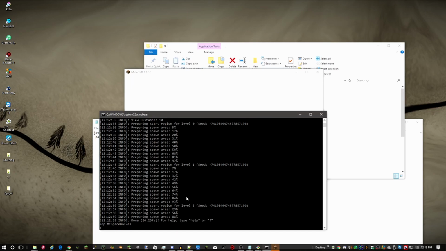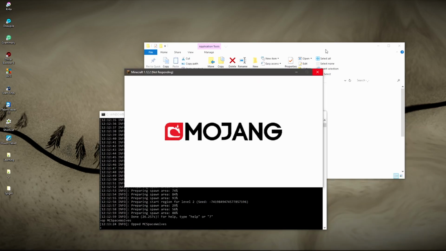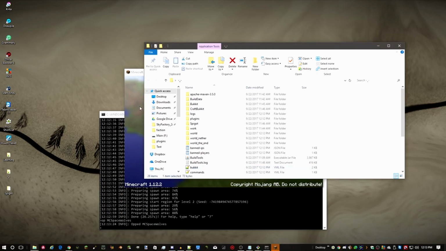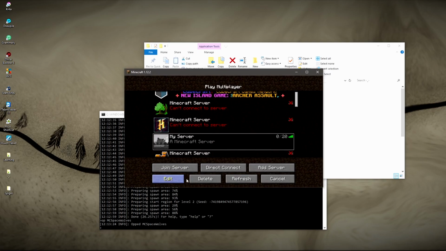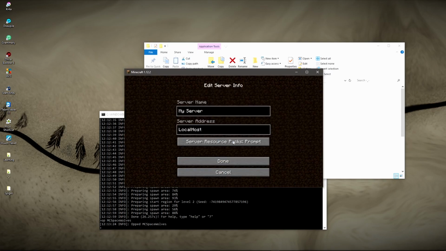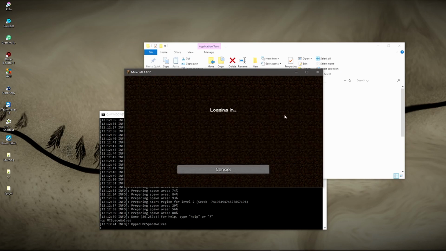Wolves, and my account has now been opped. Wait for this to load up, and we can just exit out of here. So multiplayer, you're going to hit add server, and you're going to type in localhost. What this means is that it will connect you to the server running on your PC right now. This is just basic, 20 players, log in,